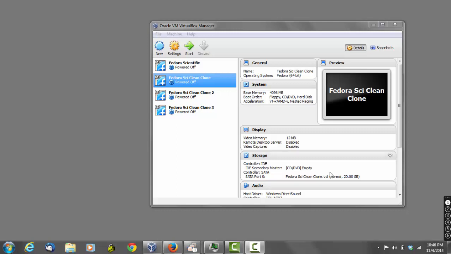Hi everybody, in this video I'd like to show you how to install the VirtualBox guest additions to your Fedora Scientific virtual machine. This will give you a number of features that are really handy, like integration with your Windows or Mac operating system. Before we do that, start up VirtualBox like this, but before we boot up your VM, let's make sure